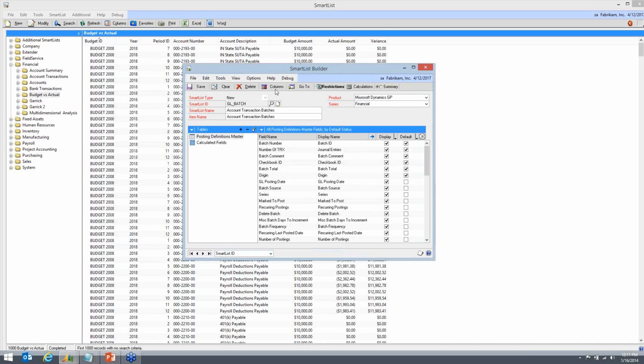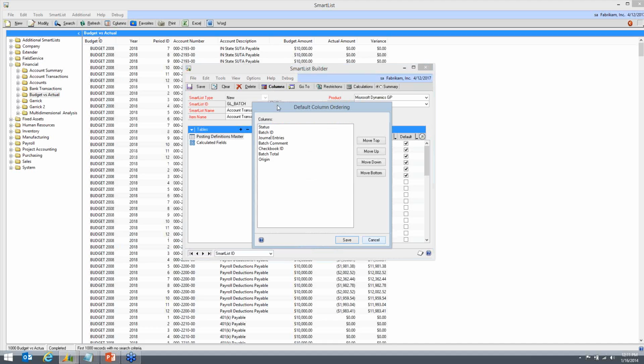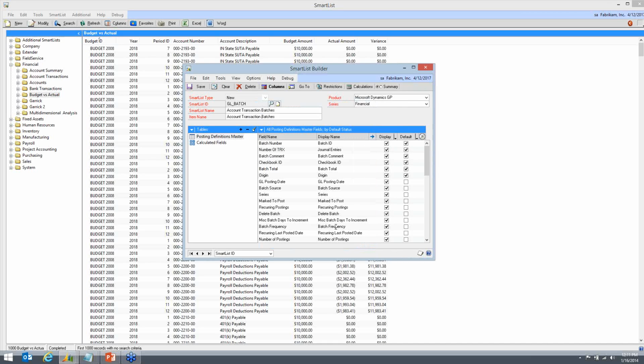And the last thing I want to do, I don't like the order of the columns that are there by default. I want to make them into the order I want. So I'm going to put batch ID, then let's put the comment. So I'm just going to move these up and down to match how I want them. That'll be good enough there. So we'll just save this. Now if I save this,